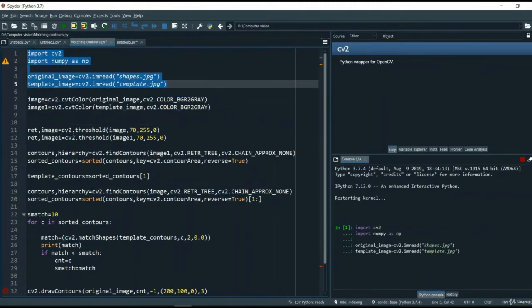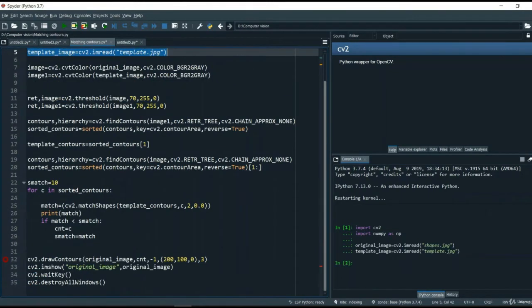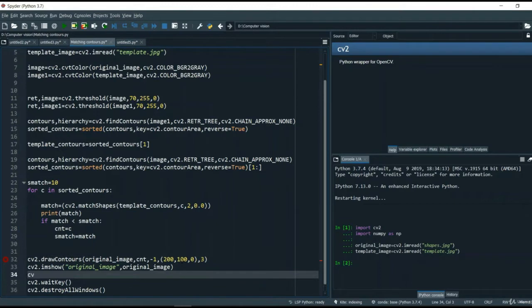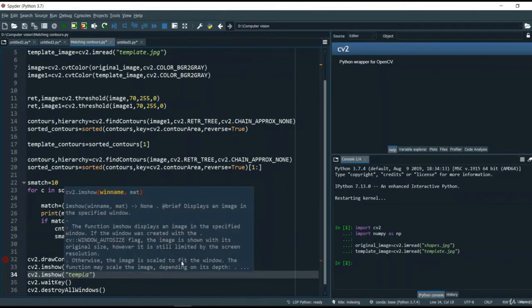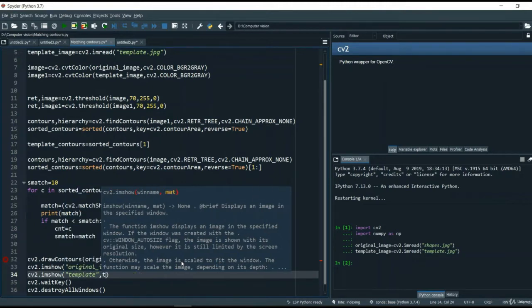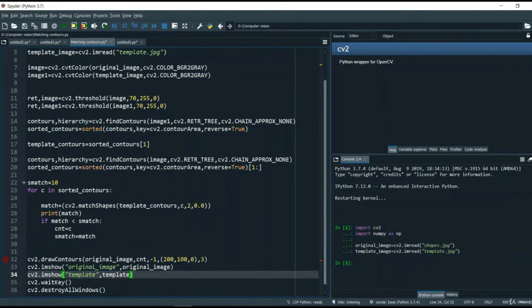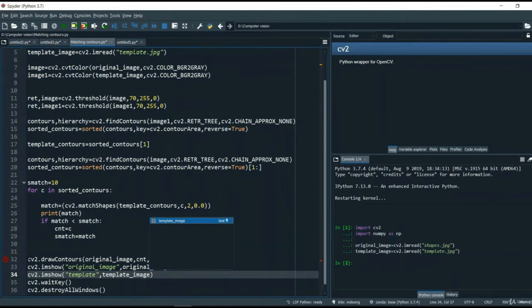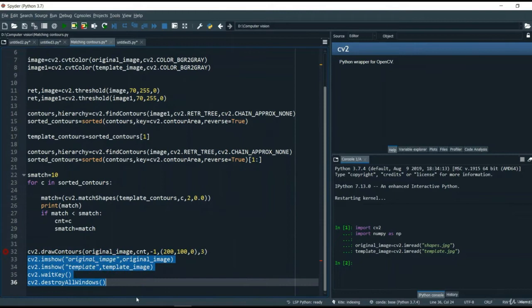I'm going to do imshow over here first, and let me write imshow for the template also. Okay, template image. Now if I run this much of the program with the imshow part below,